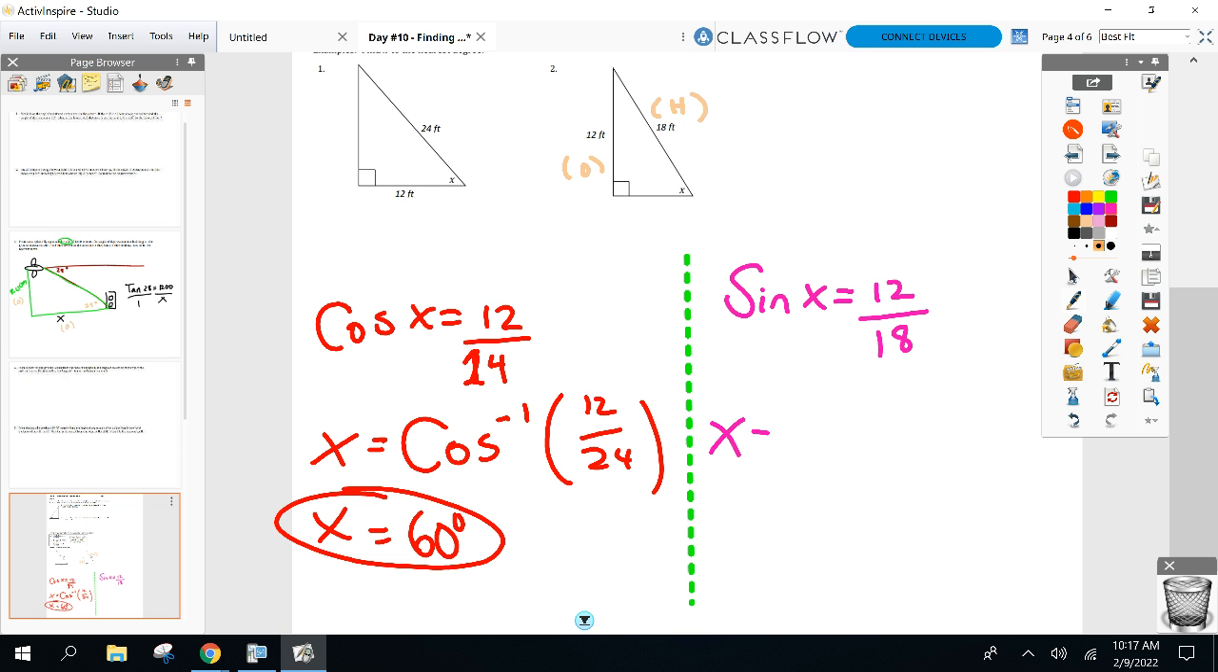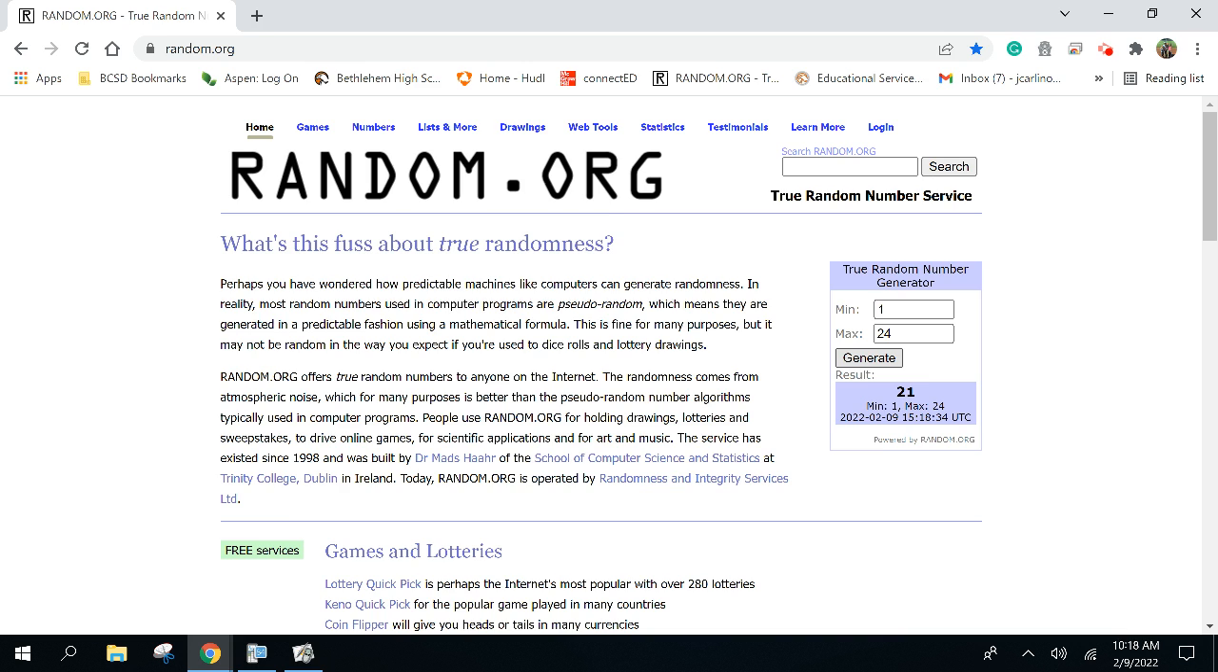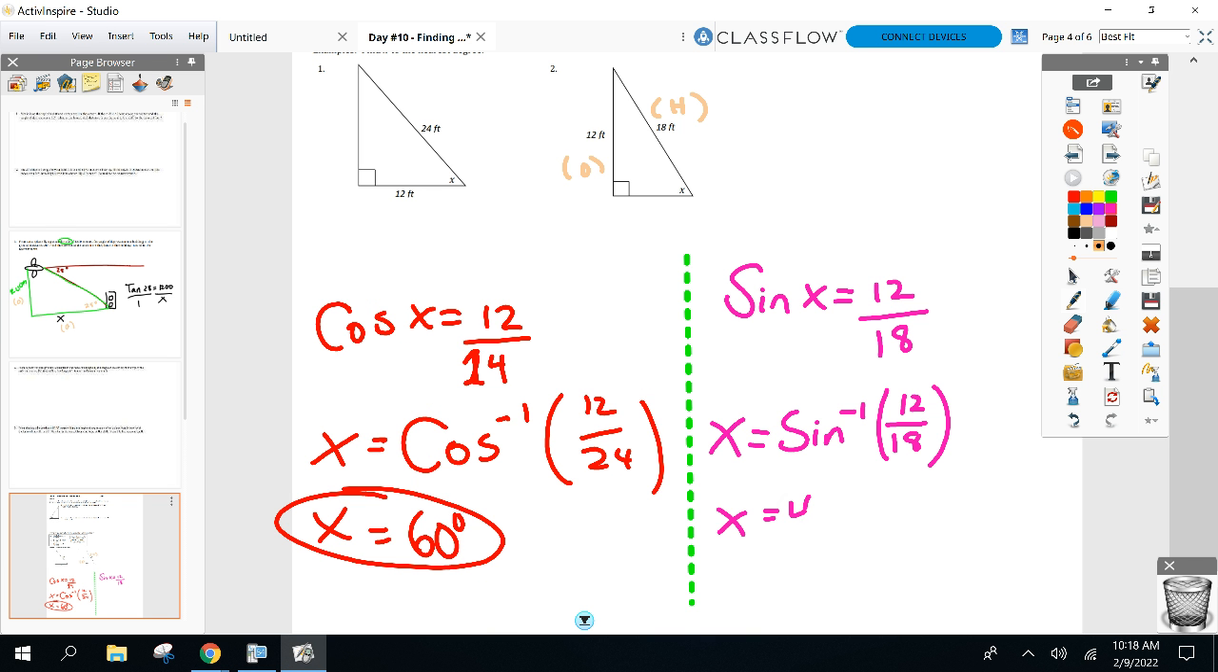Now I do inverse sine. Take the inverse sine of 12 over 18. And we're going nearest degree, I believe. Yep. So angle x to the nearest degree, 42 degrees. Everybody all right? So there's the new piece today. If you can find an angle, you have to do the inverse of the ratio. All right, let's apply